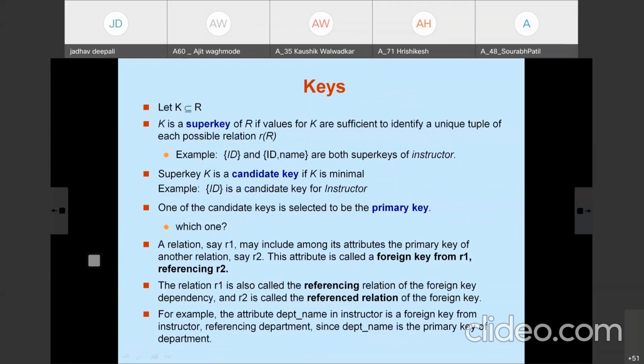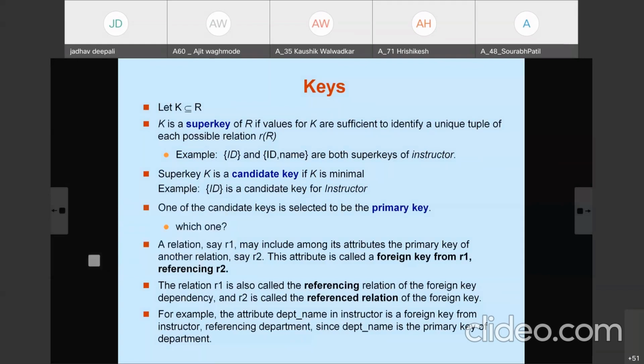In the ER model, we say uniquely identify each entity in the entity set. Here we say identify a unique tuple of each relation. That is the only difference. In the ER model we use it to identify every entity in the entity set, while here it is used to identify every unique tuple in the relation.